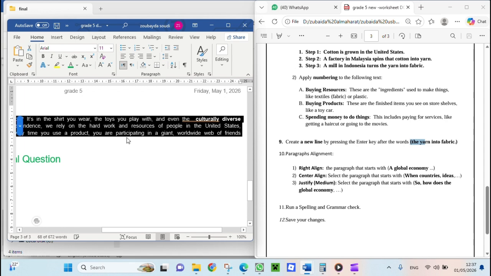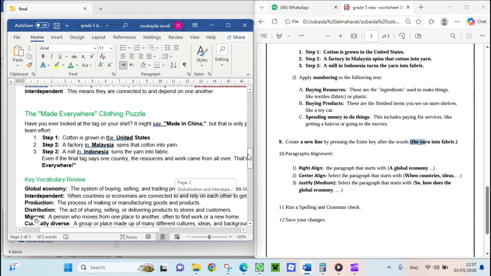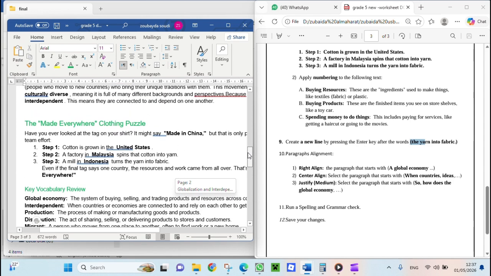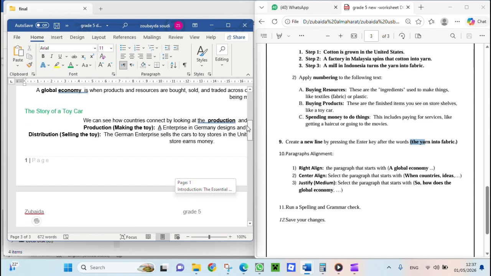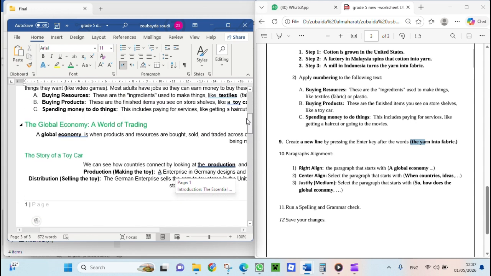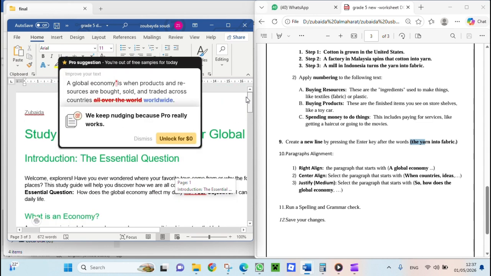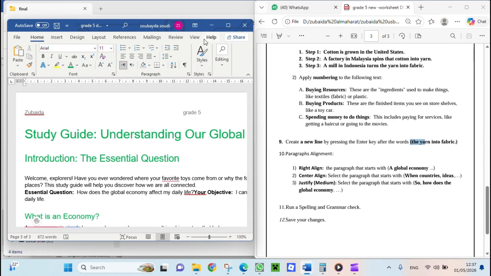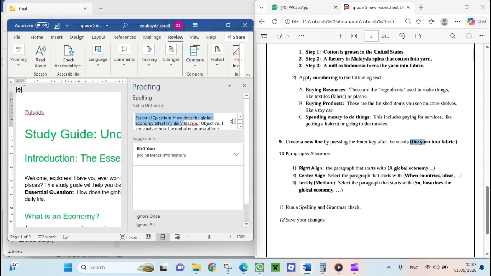The last thing: if you notice while you are working here in Microsoft Word, there is some blue line, some red line. So it's an error or a problem with the spelling or the grammar. How to fix that? I need to run a spell and grammar check. I will go to Review under Proofing. I will click spell and grammar check. Try to apply what they suggest for you